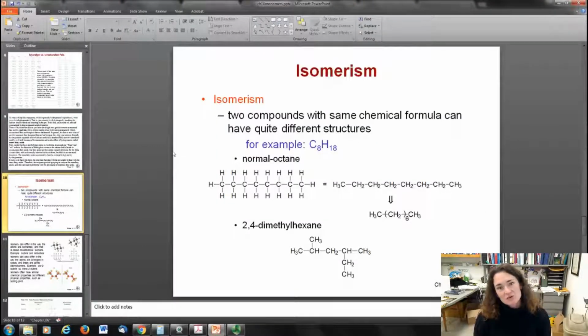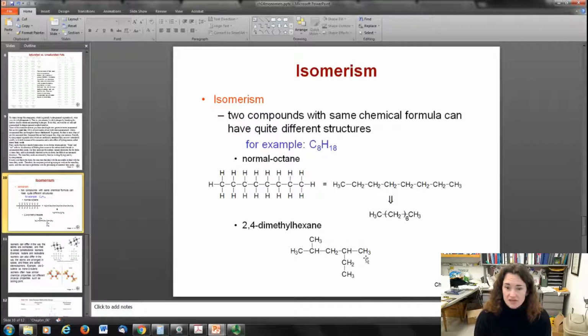Isomers. Isomerism is when two compounds with the same chemical formula have different structures. For example, you can have C8H18, and that makes normal octane with 8 carbons hooked to hydrogens all around, okay? But that same chemical formula, C8H18, could also be structured this way right here,